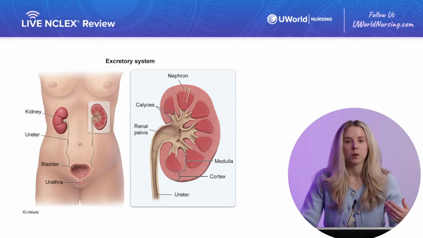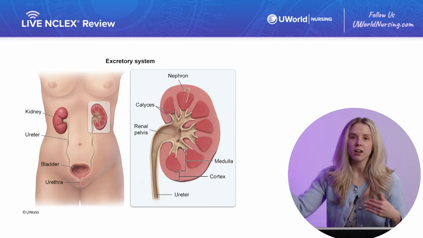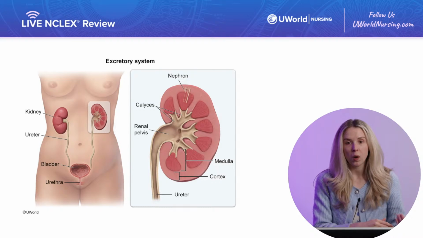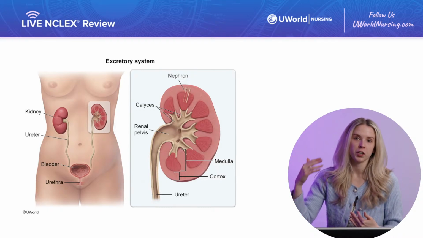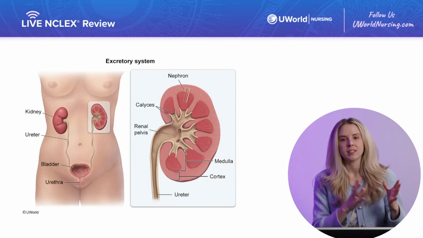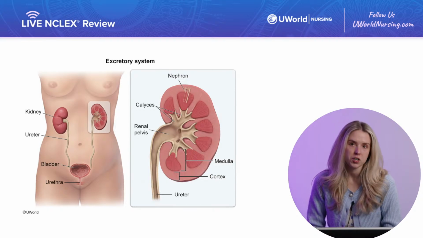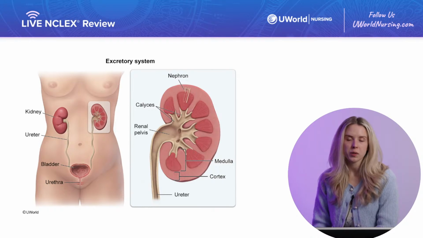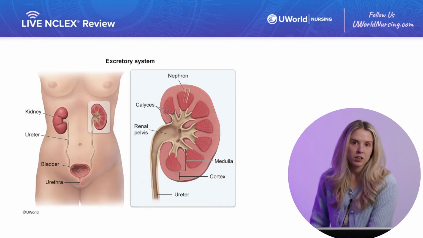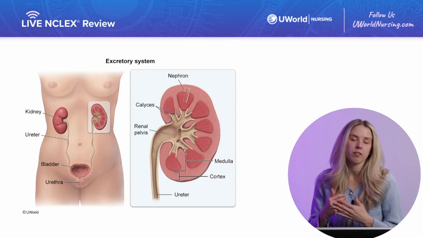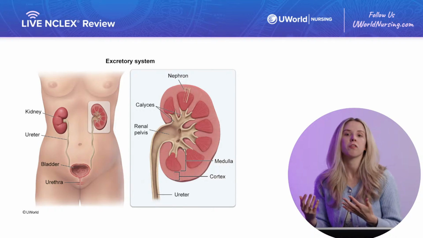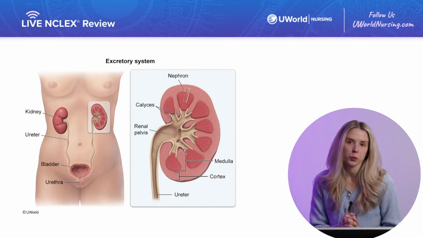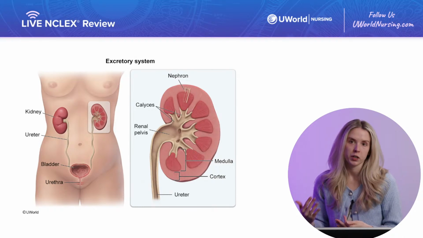So going back to those 5 stages of CKD, the higher the number of the stage, the worse the damage. So stage 5 is much more severe than stage 1, and at each stage that GFR is further decreasing, so it's getting worse and worse. So in stages 1 through 3, here the kidneys are still functioning, but that GFR is decreasing still. So key nursing interventions here are going to include assessing the damage, monitoring closely, and most importantly, preventing further disease progression. Because we know the further along we go, the more severe it gets, and we can't undo that damage. So in stages 1 through 3, our biggest concern is preventing the further disease progression.